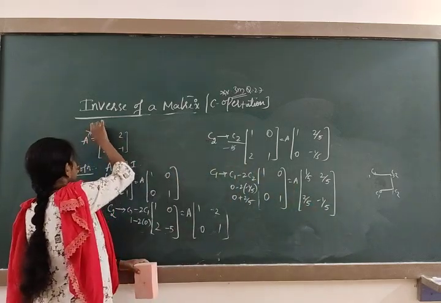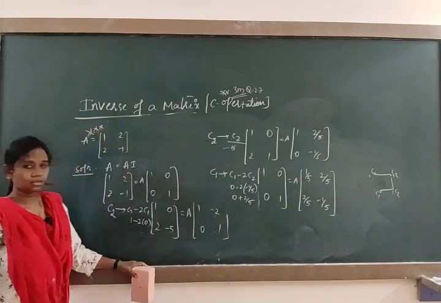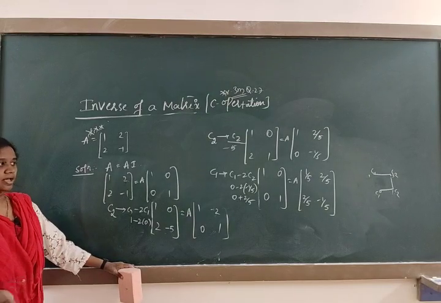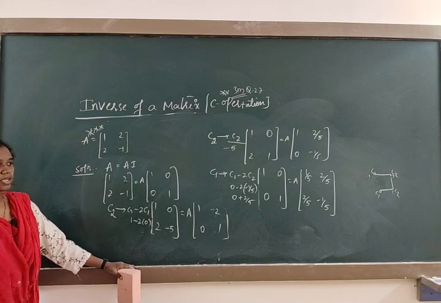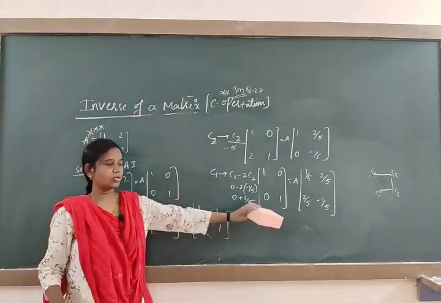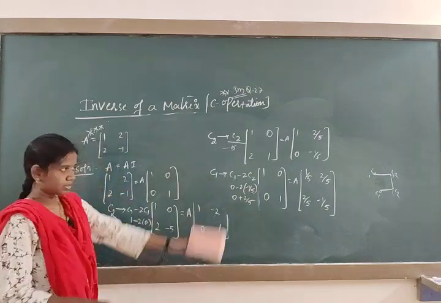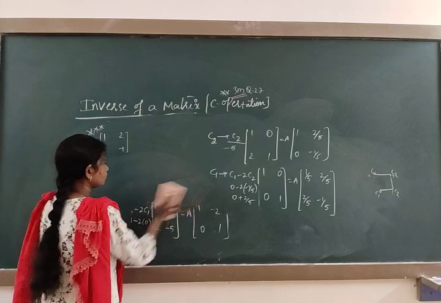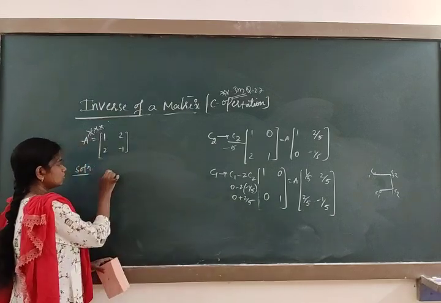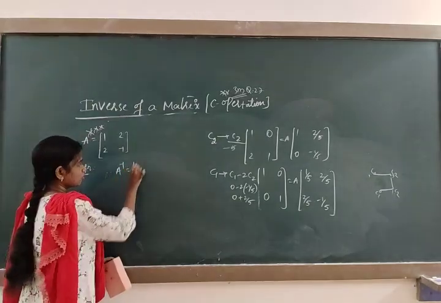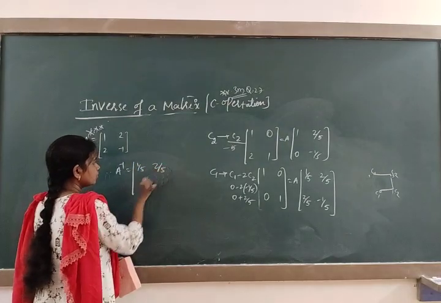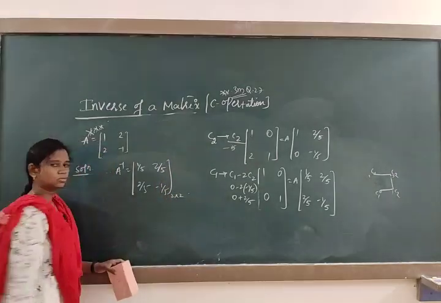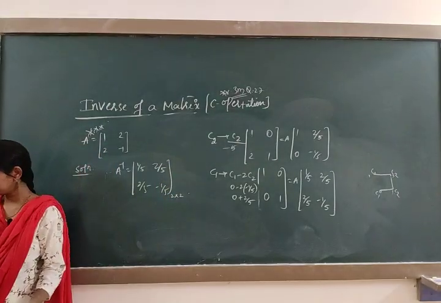And it's a repeated problem in midterms many times, not in the annual examination, because in the annual examination it is very rare that they give a fraction problem where the inverse will be a fraction, but in a midterm I think so. Therefore A inverse equals 1 by 5, 2 by 5, 2 by 5, minus 1 by 5. It's a 2 cross 2. Okay.